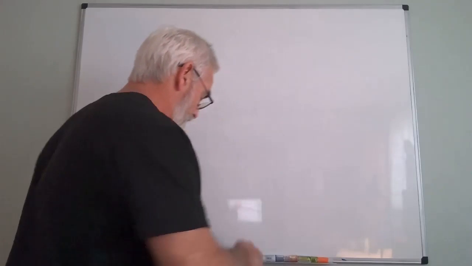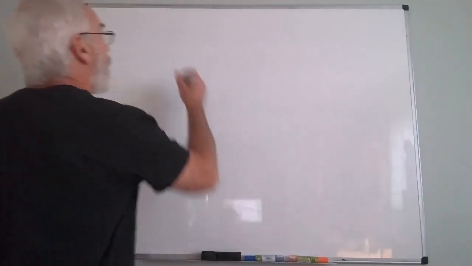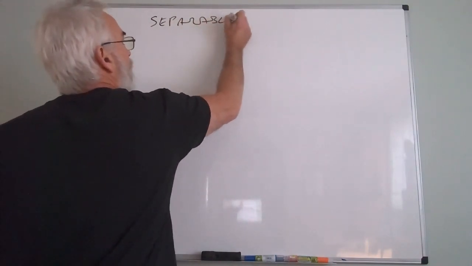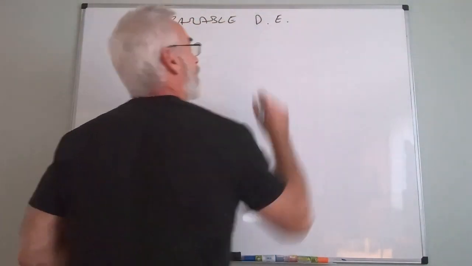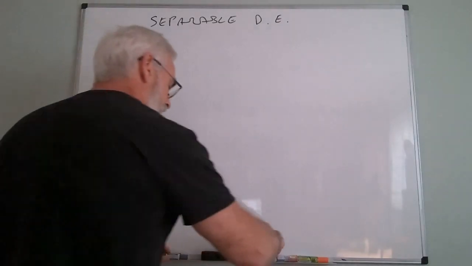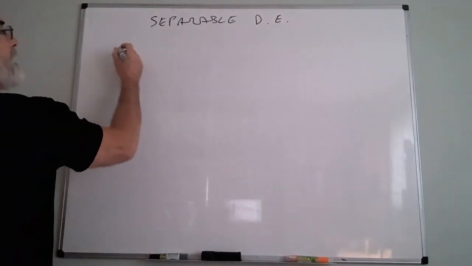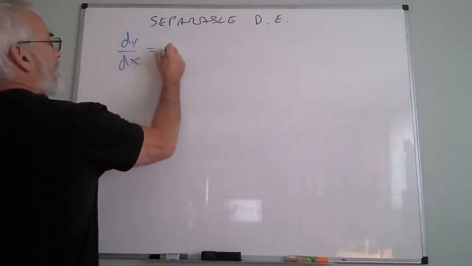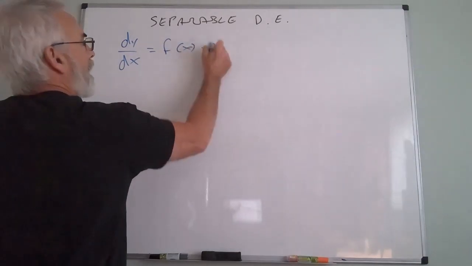All right, so today we're going to start with something called a separable differential equation. I'm just going to read it, the universal DE. Now, a separable differential equation starts off with basically anything of the form dy/dx equals f of x times